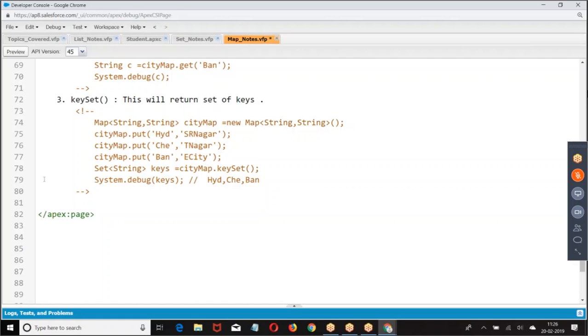Create a map with the name as a key and rating as a value.